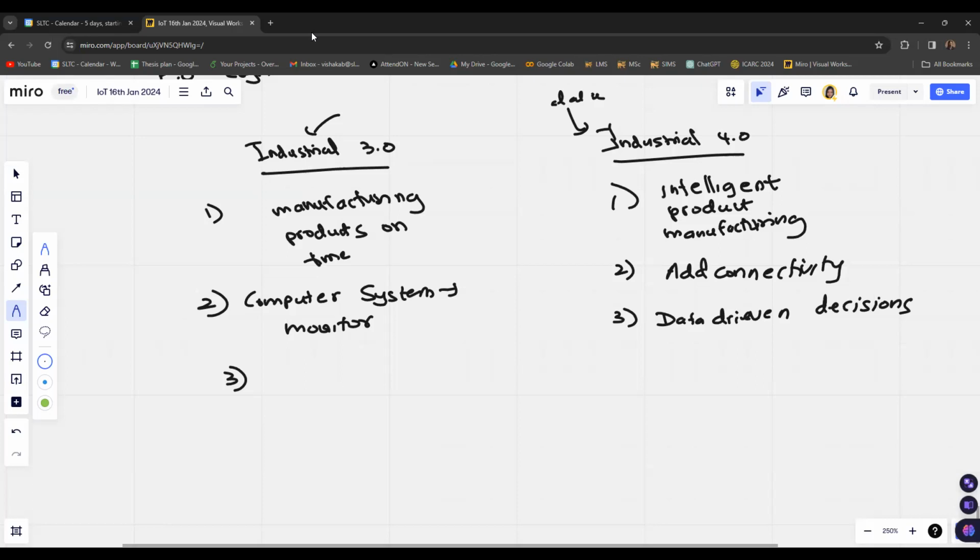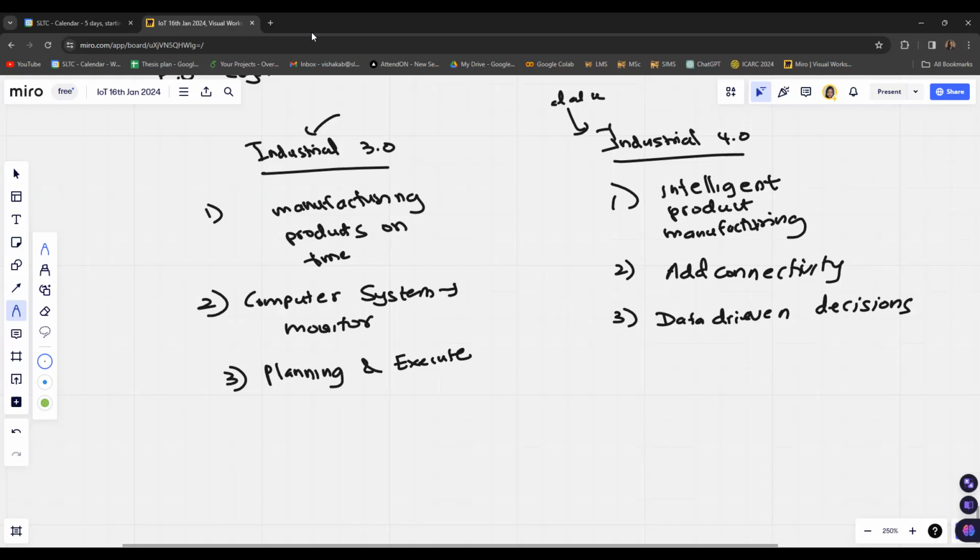So with Industry 3.0, we have computer systems to monitor the environment conditions, and the computer systems will be planning, and then be used to execute the plans. Whereas in Industry 4.0, we'll be making decisions based on data-driven methods.